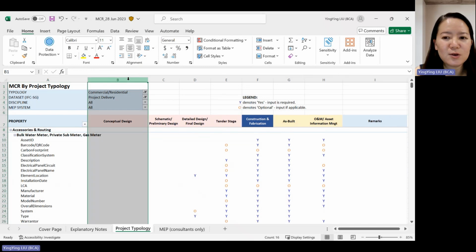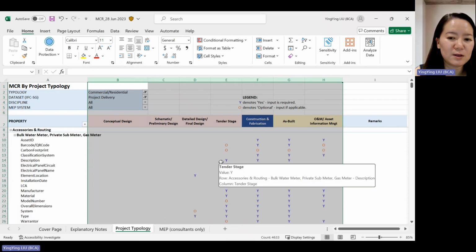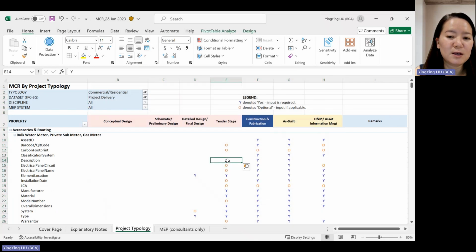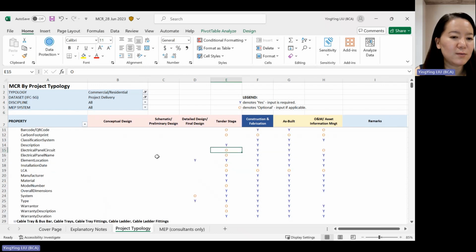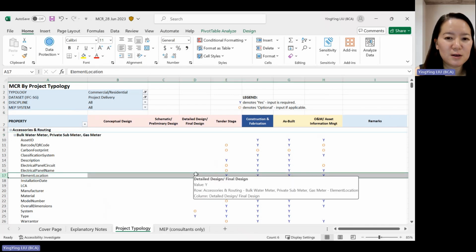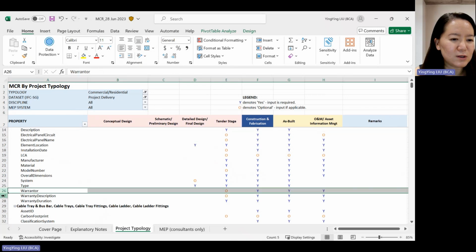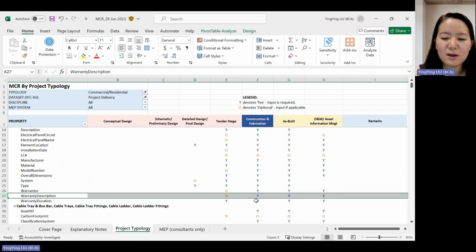For columns from the conceptual design to O&M stage, these indicate the information requirement across project stages. Y means yes, mandatory, O means optional, blank means it's not required. For example, for bulk water meter, the element location is required to be filled in at detailed design stage. And for other properties, for example, warranties and warranty description, the information will need to be filled in only at